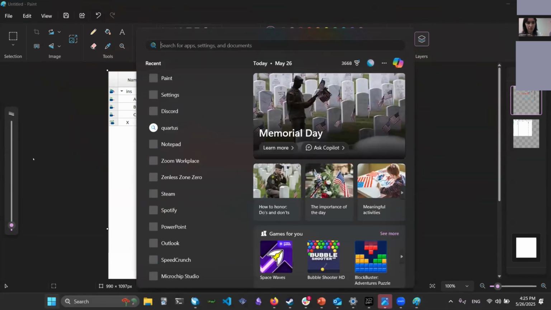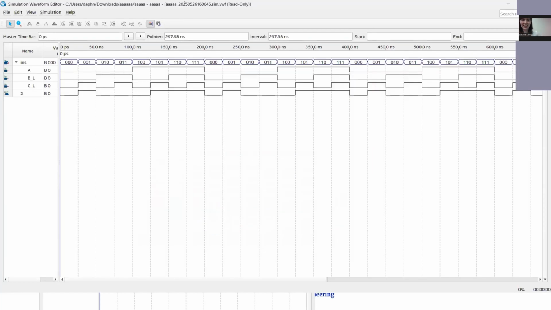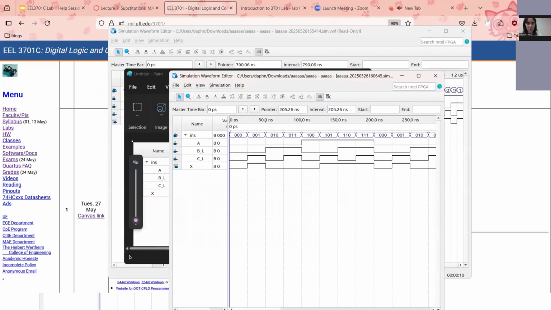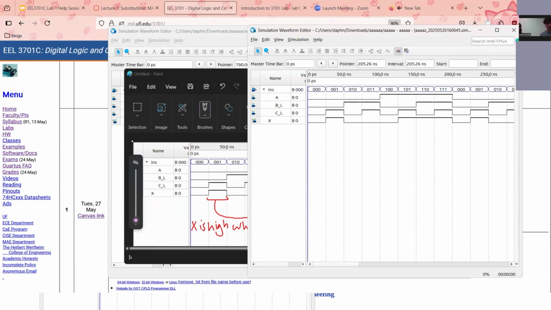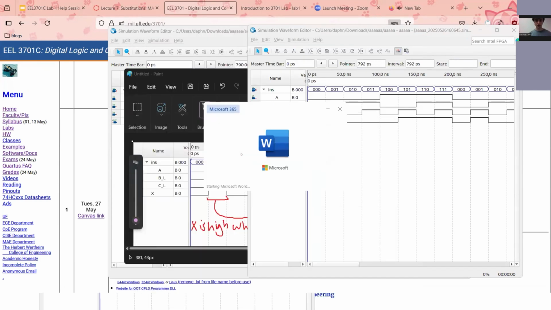Well, I don't have the simulation screenshot. Oh, okay, that's all I was thinking. I have so many things on my screen right now. It's kind of overwhelming, but okay. You can honestly just open. All right, so this is my method because I